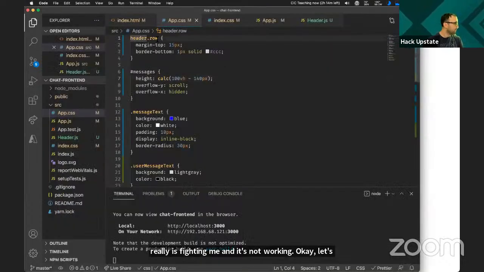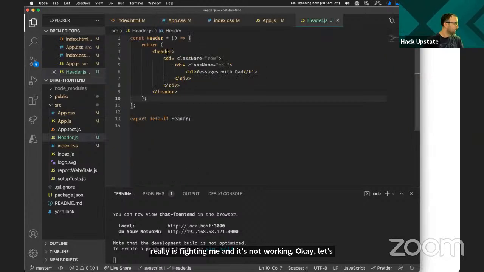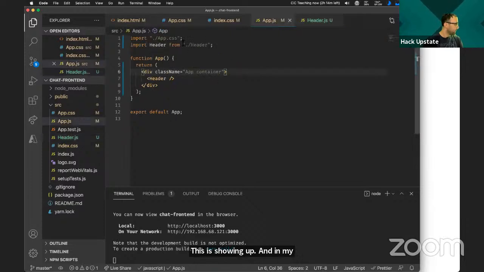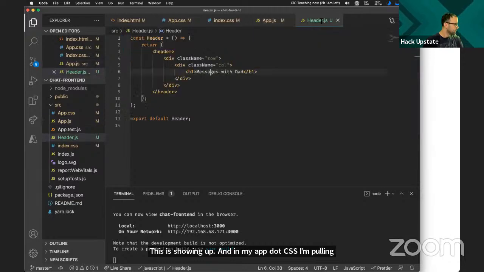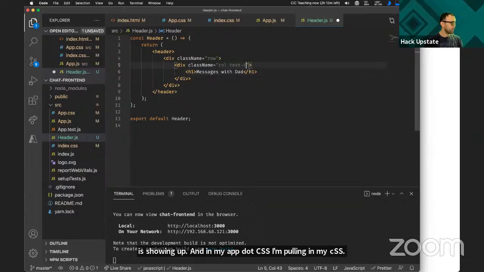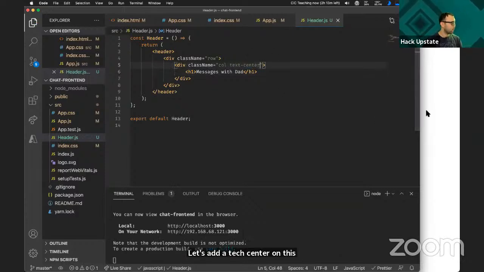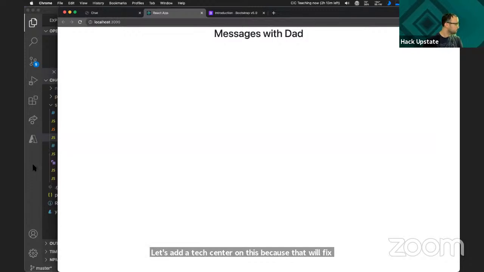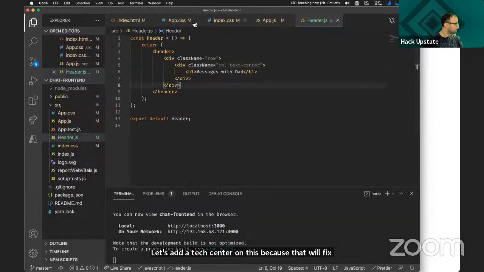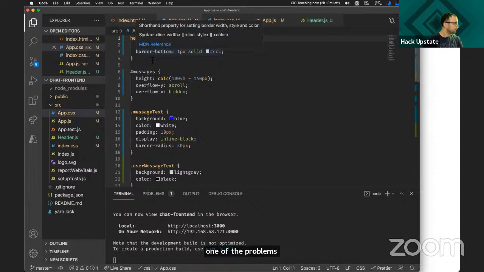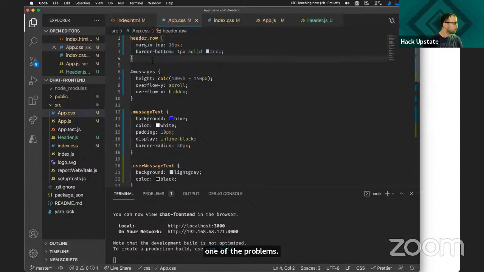I've got my header, I've got my div class row. This is showing up. And in my app.css, I'm pulling in my CSS. Let's add a text center on this because that will fix one of the problems. Let's see if I target